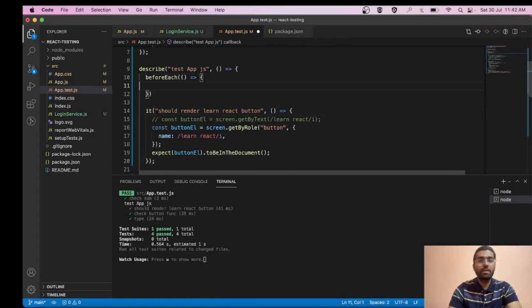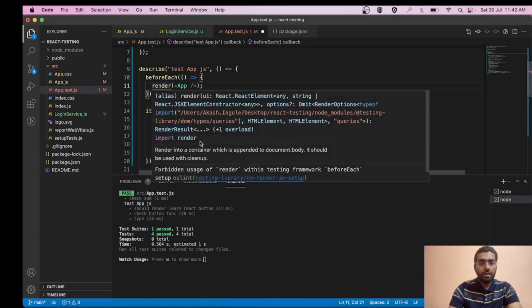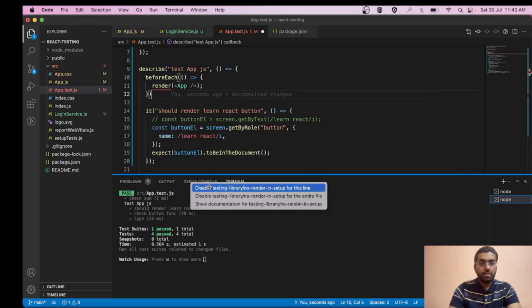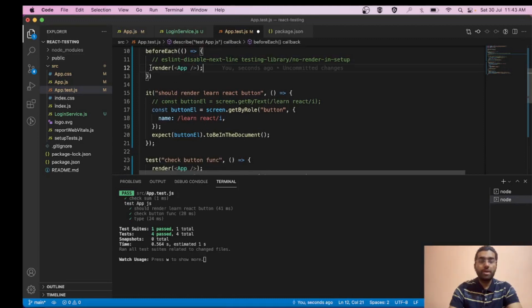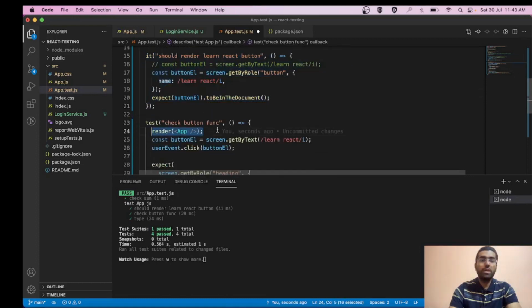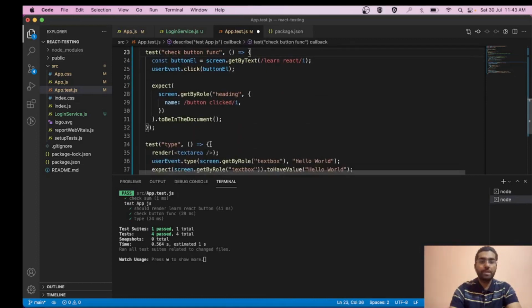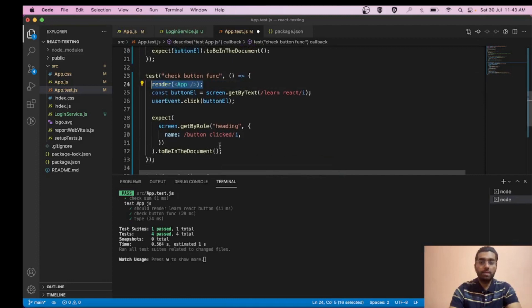Okay, cool. It is giving some error. So let's disable it, it's an ESLint error. So before each, what it will do, it will simply perform this piece of code before our test cases. So we do not need to write it every time. It will take care.